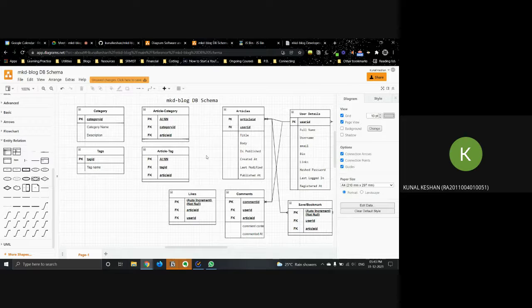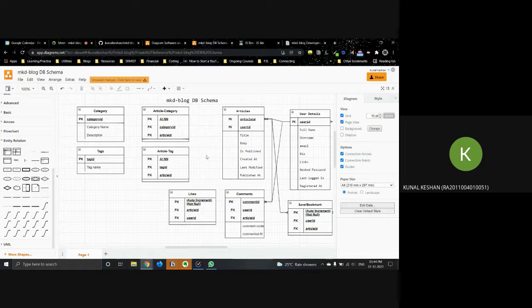Similarly, for the tags as well. But in this case, I'm not restricting the tags, right? I might be talking about a technical concept, but that technical concept might relate to something else as well, right? So there is not an exact limitation over here. So one article can have many tags, and this is a kind of opposite.